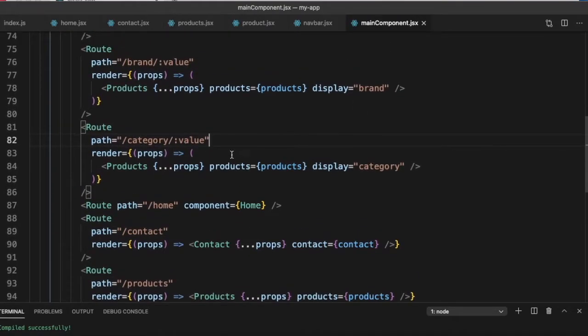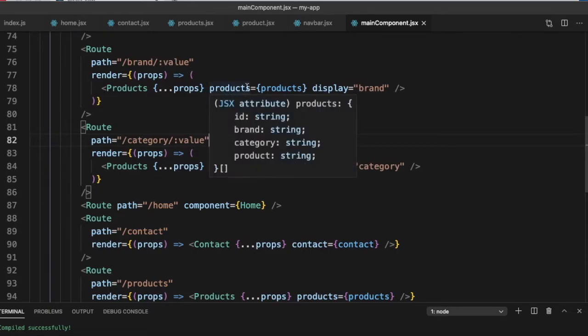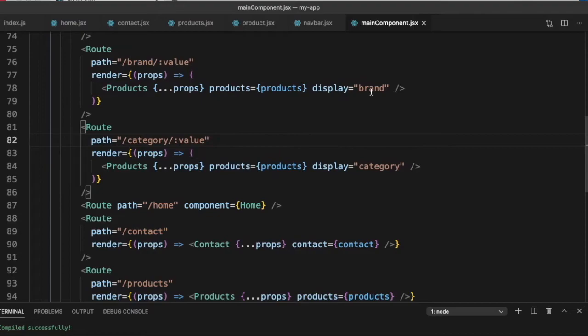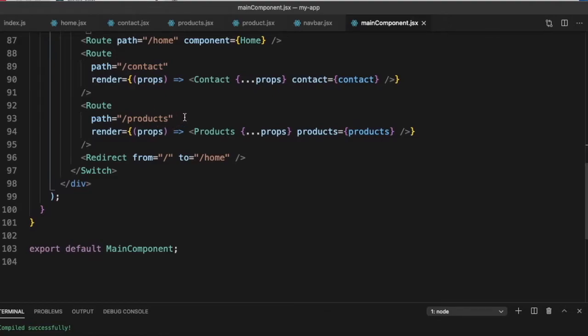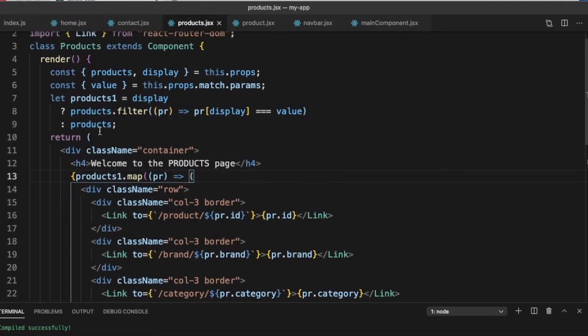here we defined our routes, and in the routes, we defined the colon value. So we used route parameters, and in the route parameters, we added another custom prop, which was display, to tell us what to display, whether brand by brand or by category. And the value told us which brand or which category to display it for. And if this was not specified, it meant that we had to show all, which is what we did here using this ternary. We can also do it now for product.